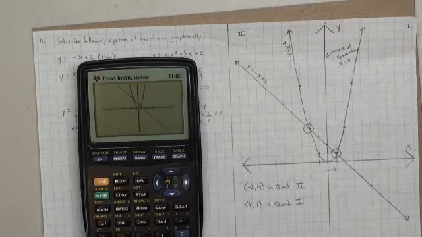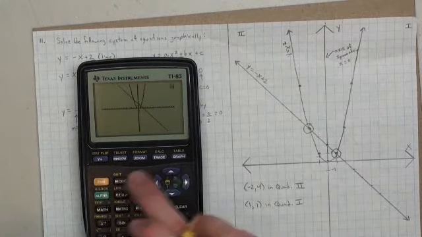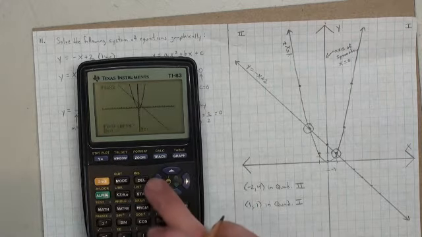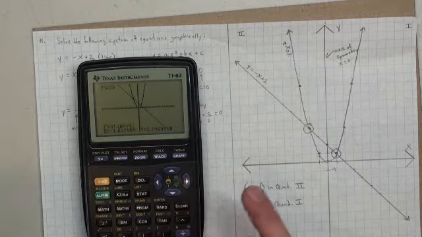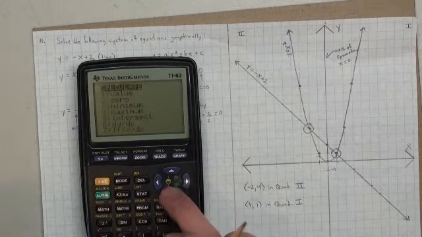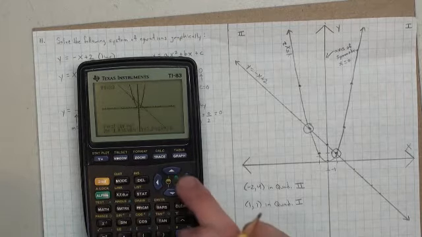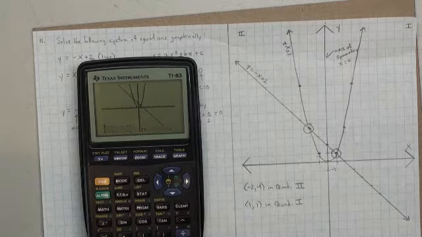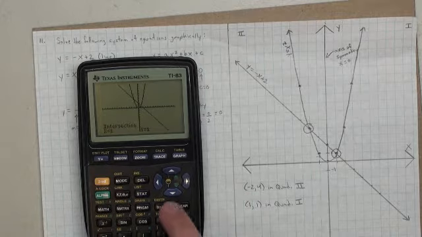Now let's go back to the graph and check the intersections. So second trace, intersect, go to the left point, enter, enter, enter. Negative 2, 4, so that's good. Let's do it again. Second trace, intersect, move the cursor to the second point, enter, enter, enter. 1, 1. So that's good. So it checks on the calculator. Now we have to show also our check